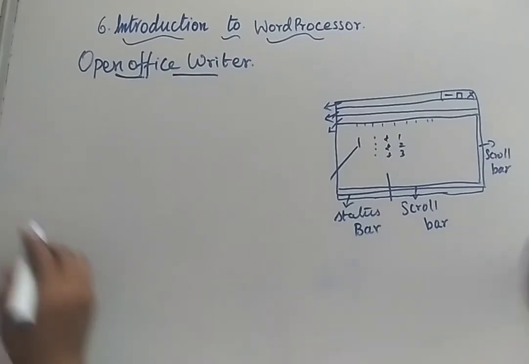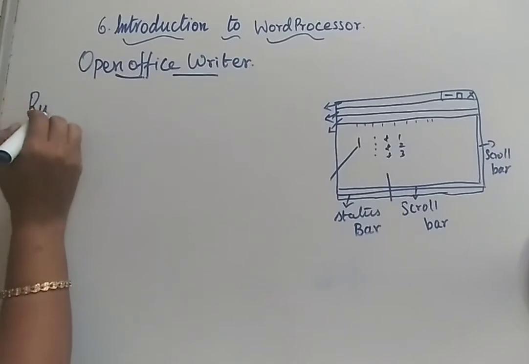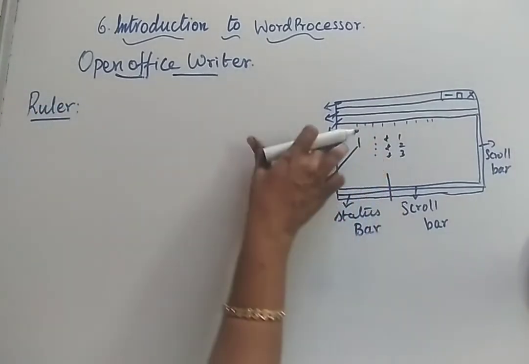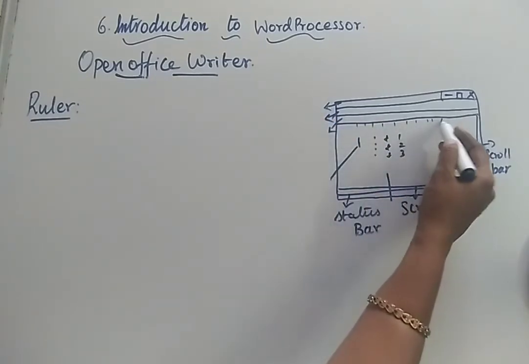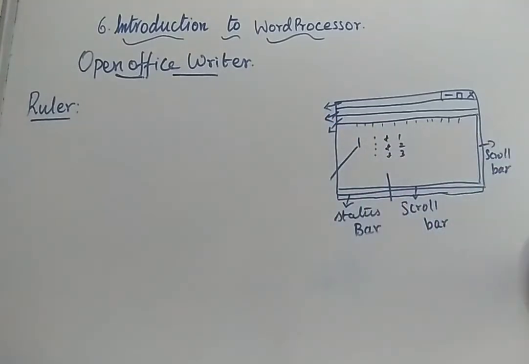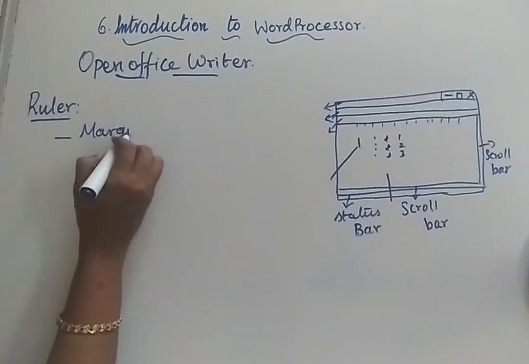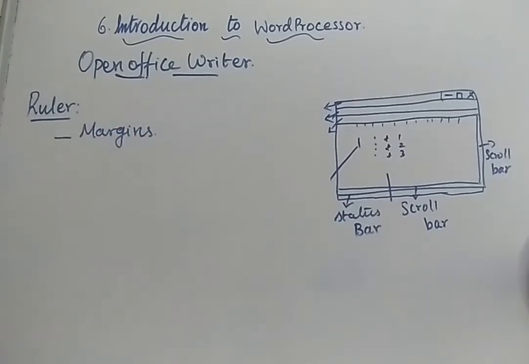Next we are going to see the ruler. So this is seen next to this one. Here you have a few small lines that I have drawn. That is your ruler. What is the ruler for? It is used to show the margin. Just for setting the margin of your document, you have the ruler. Just as you use a scale to draw margins, that is similar here.